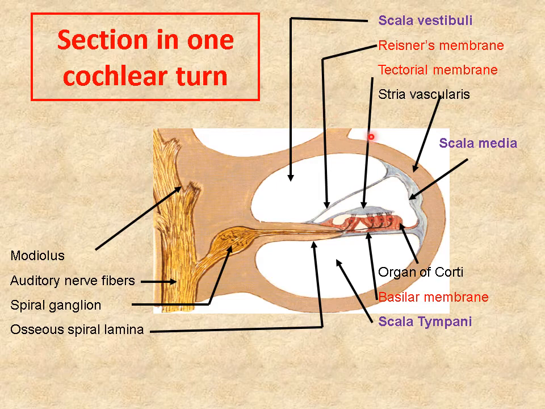This is another cross section in one of the cochlear turns, showing the 3 compartments of the cochlea: scala vestibuli, scala media, and scala tympani. Scala vestibuli and scala tympani are filled with perilymph, and they communicate together at the apex, at the helicotrema. The scala media is filled with endolymph, and this is the stria vascularis, which